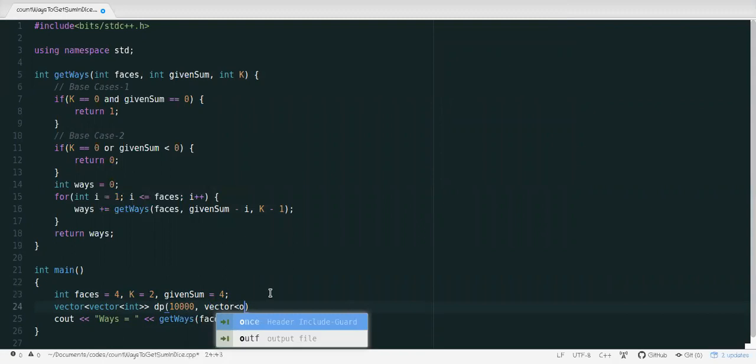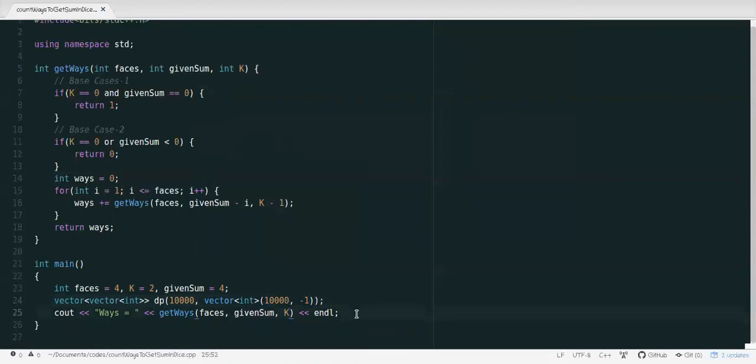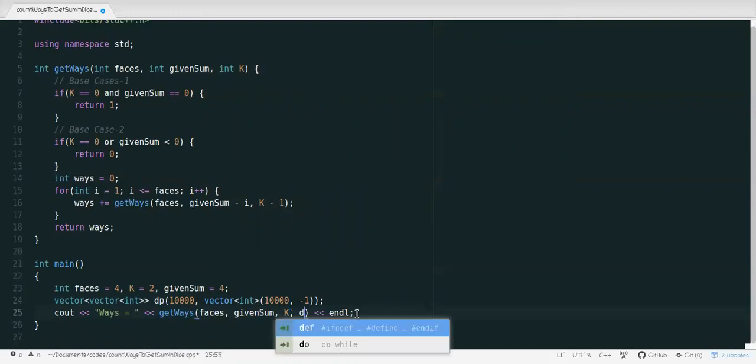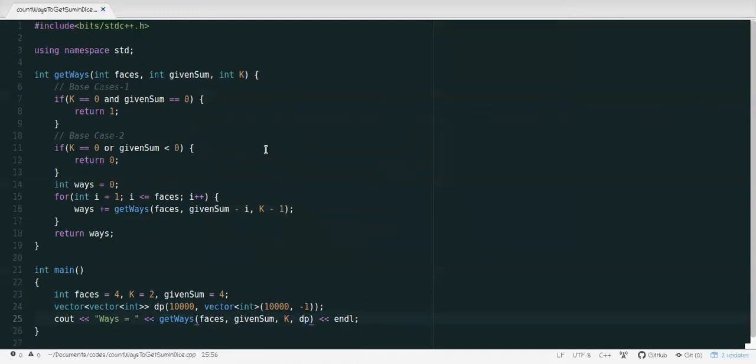And 10 raised to 4, let's fill it with -1. Okay. And along with the call, let's pass it, the DP factor. Cool. Let's call it DP.